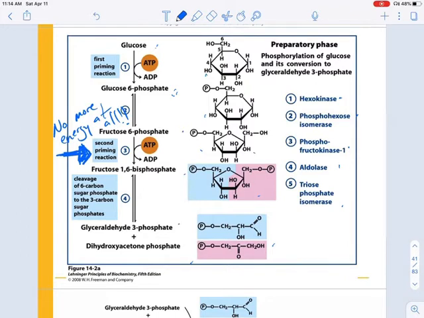And again, I think I said this before, but there are a couple of ways to do this. You can brute force remember 10 different compounds or 10 different intermediates, or you can recognize the process and simply know the chemistry of what's going on in the next step, so that you remember one structure, glucose, and